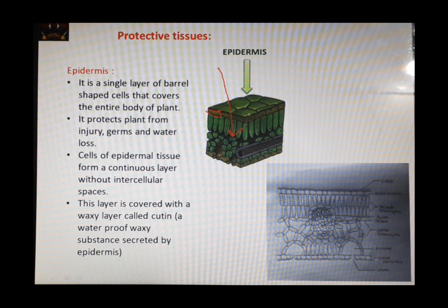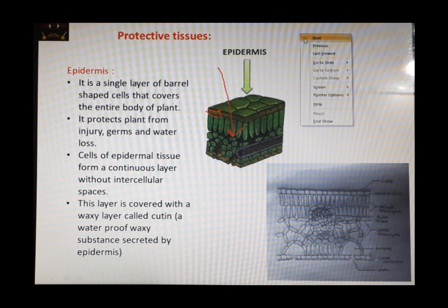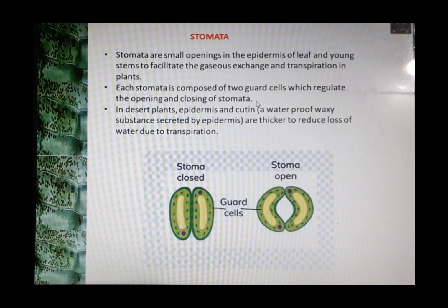So above the epidermis of leaves especially, we can find cuticle, which is made up of a waxy substance called cutin. Now this cutin would prevent the loss of water through transpiration. In the epidermis, especially the epidermis of leaves, the continuity of epidermis is interrupted by the presence of stomata. We all know, we have seen stomata in lower standards. Stomata is the plural term and stoma is the singular term. Stomata are basically tiny pores present in the leaves. They are more in number on the lower surface or back side of the leaf.